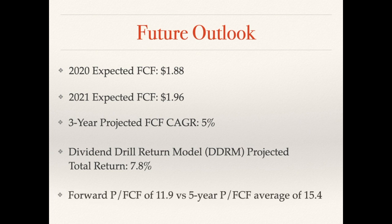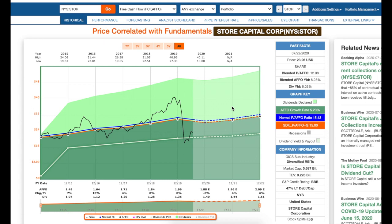Currently, the price to free cash flow is 12.1, and the forward price to free cash flow is 11.9, which is much better than the 5-year price to cash flow average of 15.4. So that's very positive. So if we look at the FastGraph for Store, as you can see here, during